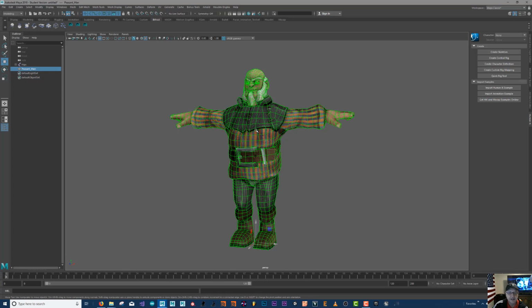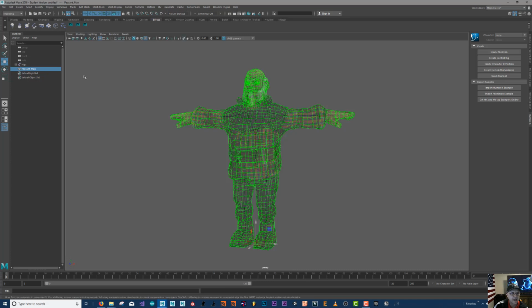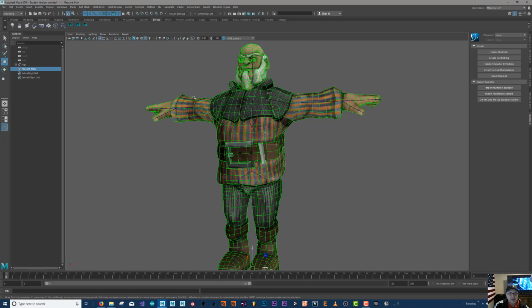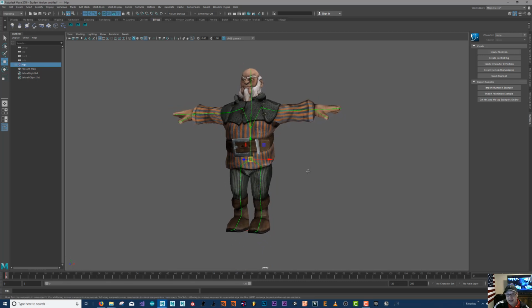Now when we downloaded him, he came with bones. So if you go to Shading, X-Ray Joints, you don't need both. I usually just do the joints. Then here's the joints, and then up here, if you click this button right here, that'll stop the mesh from being able to be clicked. This is what we want, because we want to be able to get to the bones. Or even better yet,